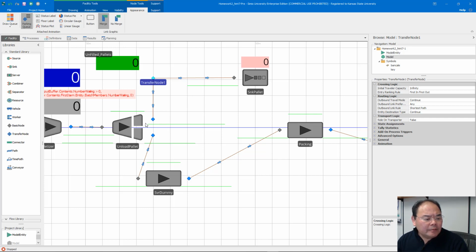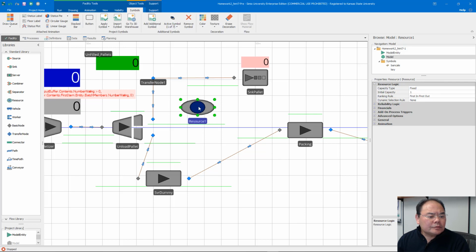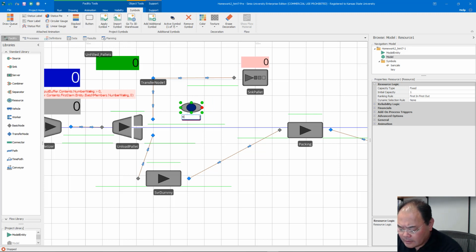before the previous pallet got unloaded. So here what we do is we're trying to block this unloading until the current pallet is being released. So here, instead of setting its output buffer equal to 0, what we do is add a resource, and this resource we call a key. Okay, we put a key. And this key is only if you seize this key, the pallet can go on to this transfer node,